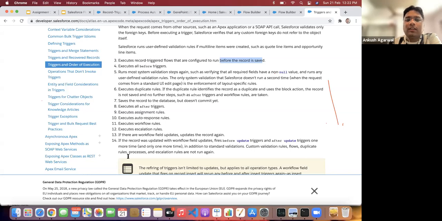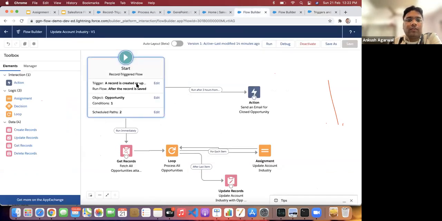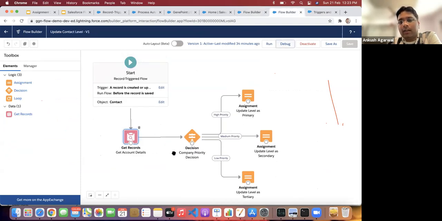No, actually, this limitation is not there, because a flow can be of any type, whether it is before trigger, after the record is saved, or before the record is saved. So if you compare these two flows, in this after-save flow we are updating another object, and here we are updating the same object, contact.